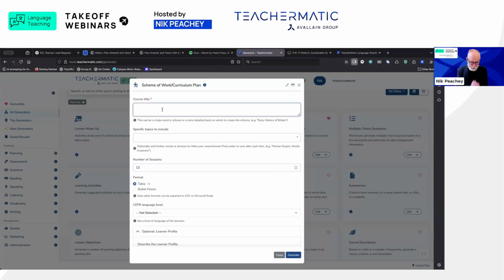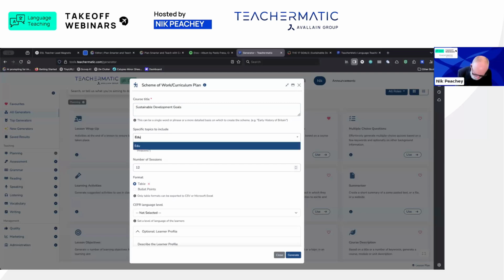So I'm going to have a course title, and I'll imagine that I've got to produce a specialised course for students who want to learn about the Sustainable Development Goals. So I'll give it the title Sustainable Development Goals. And then I can have some specific topics to include. If I want to do that, maybe I don't want to do all of the goals, maybe there are specific ones that I want. I don't know how well versed you are in your Sustainable Development Goal knowledge, but I'll focus on education,